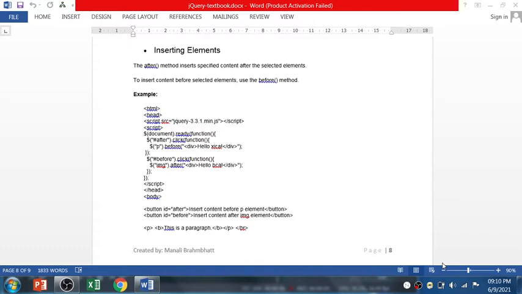In this session, I am going to discuss how to insert an element in jQuery and different binding and unbinding events. So let's start with